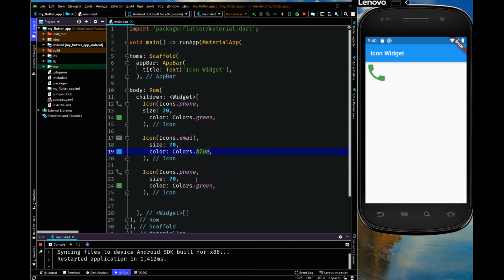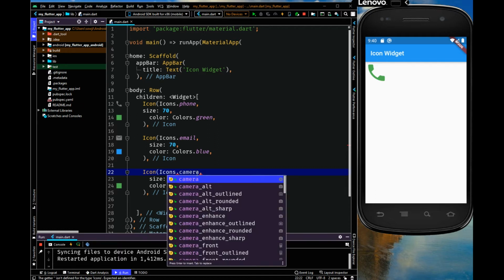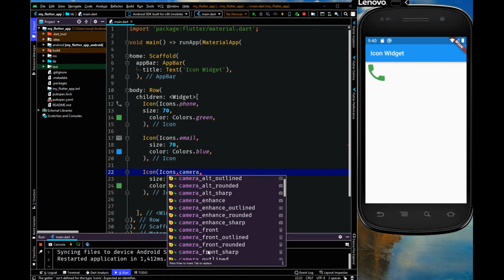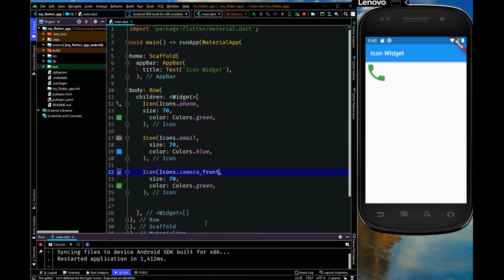Okay, so let me change this one too. Let me use camera front. There are many options inside camera also, so let me use this camera front, and I'm going to change its color to red. Okay, let's run this.